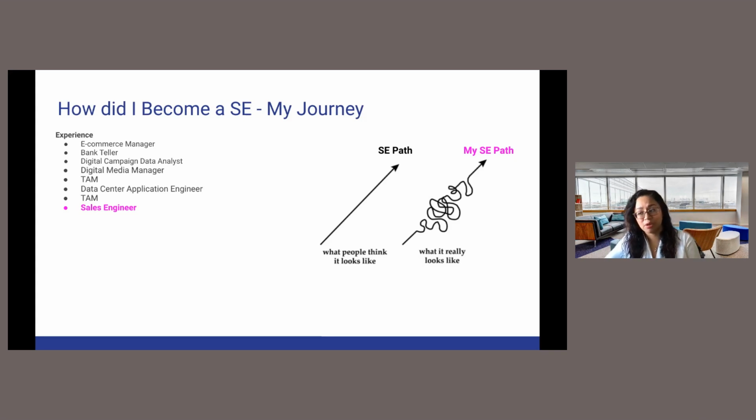Then I became a data center application engineer, which is where I actually really came full force and understood application implementation. And I got a better understanding of what infrastructure monitoring was and application deployment and cloud migrations. It was great. And then I went back to being a technical support account manager. And for some individuals, that may be a step back. I saw it as a step to the side. Why? Because I actually became a technical account manager for a cybersecurity company.